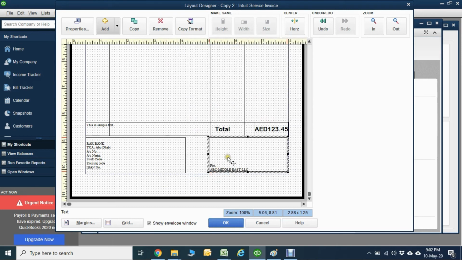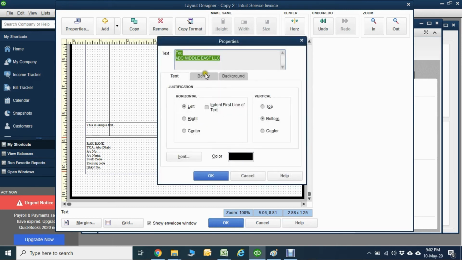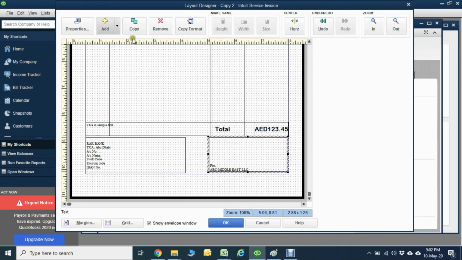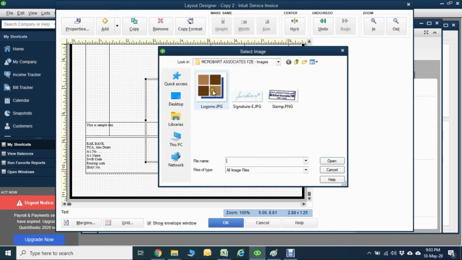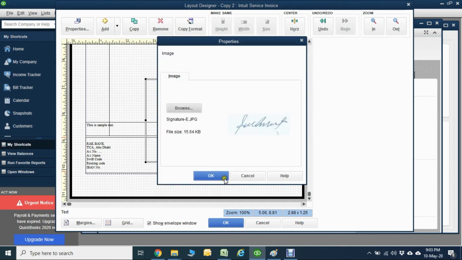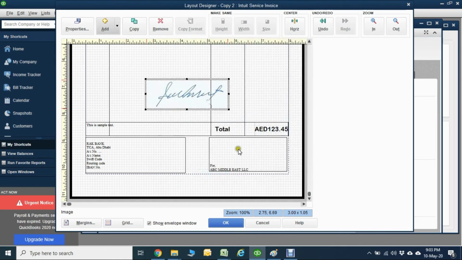Then it's here. So now add your signature here. You can add your signature image. So the image is here. Put your signature here.